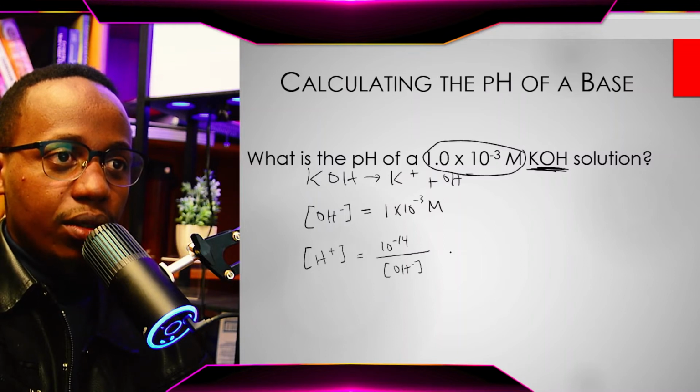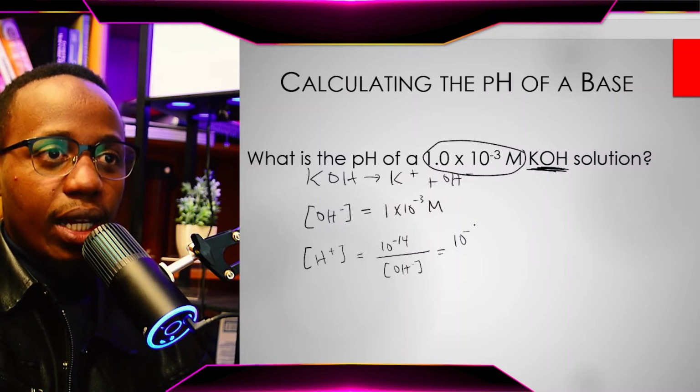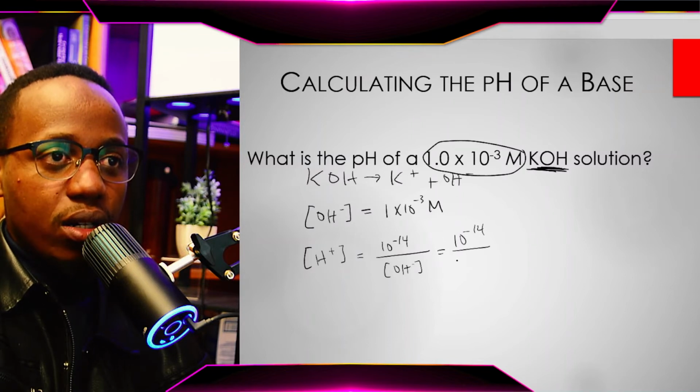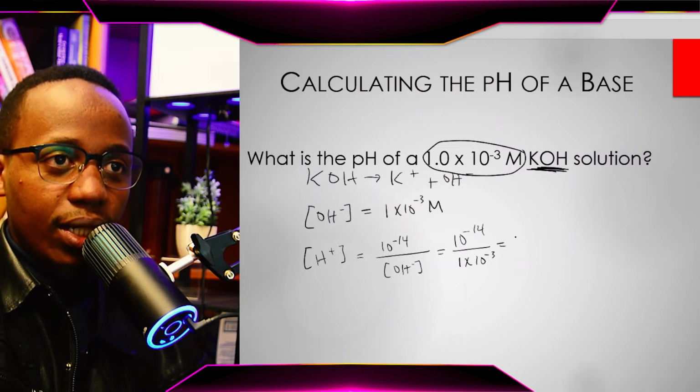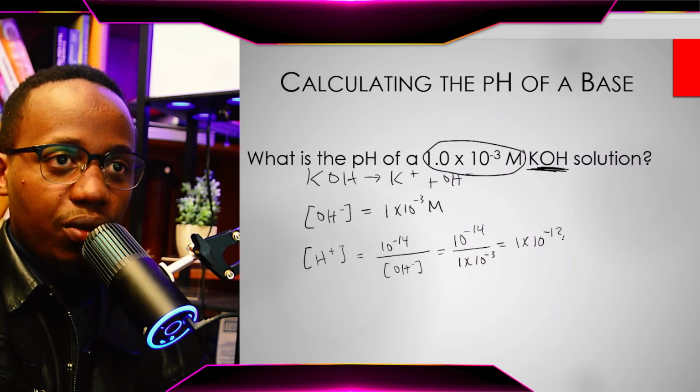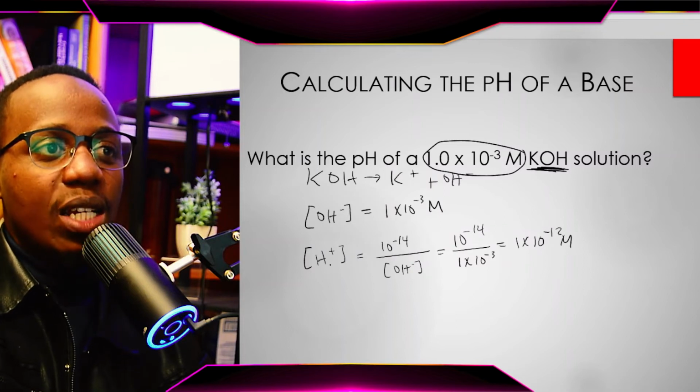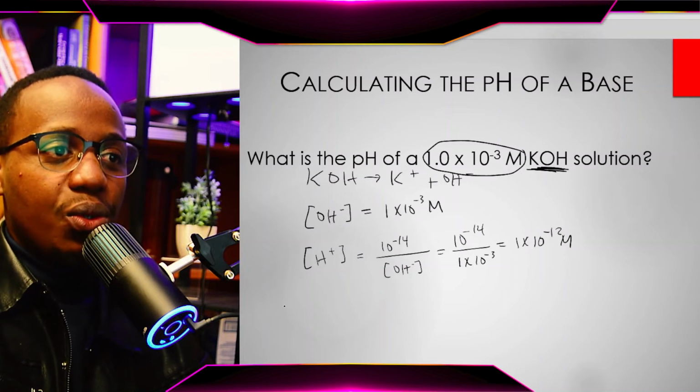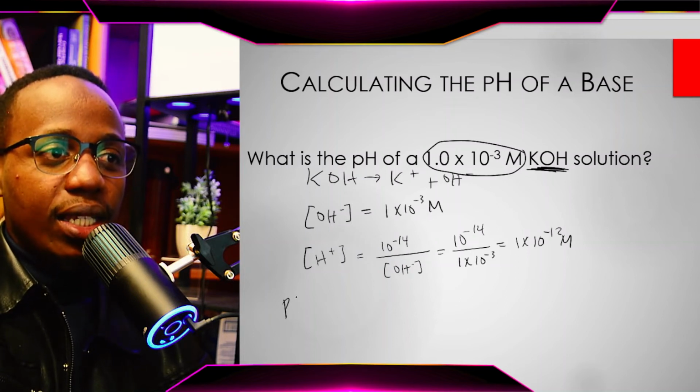OH minus concentration. So this is equal to 10 to the negative 14 over 1 times 10 to the negative 3, and this is going to be equal to 1 times 10 to the negative 12 molar. That's the H plus concentration. And guess what? After you have the H plus concentration, you can easily find the pH. pH is going to be equal to the negative log